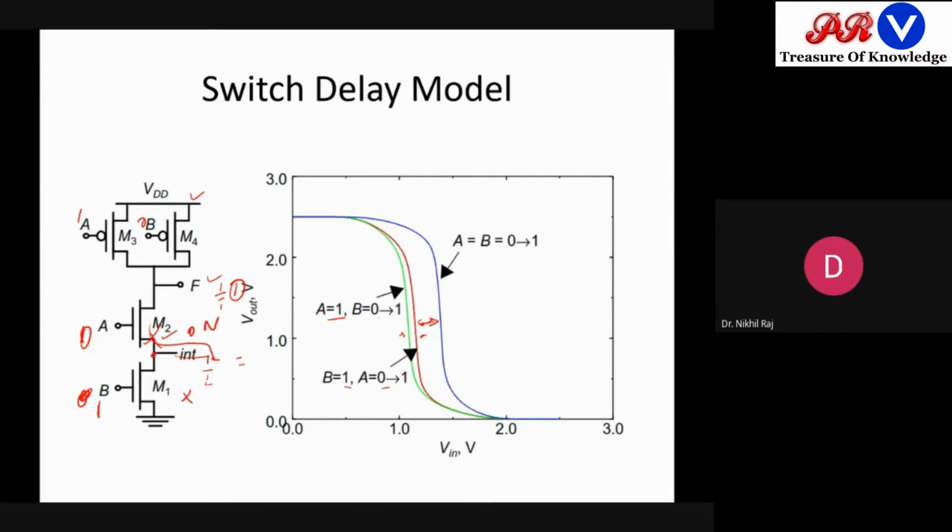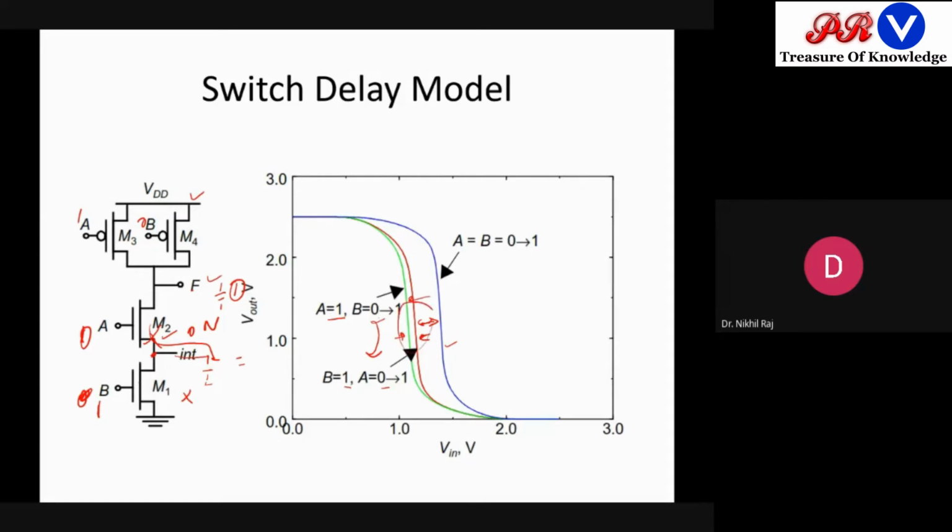So what does this reveal? This reveals that although this is a combinational circuit, where the output depends on the input we give, it will also depend on the previous condition. Like A and B both are 1, this is the characteristic, and suddenly you switch B from 0 to 1, then you will see a deviation in the characteristic. And after this, when you go to this characteristic, then you see the same type of graph here. So all these things are changing.